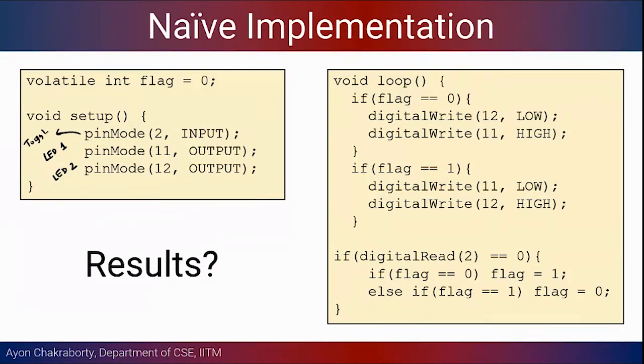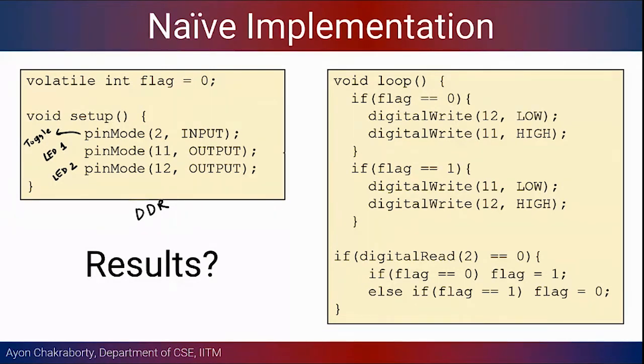And what is this pin mode doing? This is basically setting up the DDR registers, right? If you remember from classes in the very beginning, what we talked about was this DDR, the data direction register. It could be B, C, or D depending on which pin we are trying to access. But this basically sets up the DDR, the data direction, to be 1 or 0, depending whether we are using that as an output or an input, right? If it is an output, we are probably putting a value of 1 on that particular pin for a given port. Okay, so that is what this thing is doing.